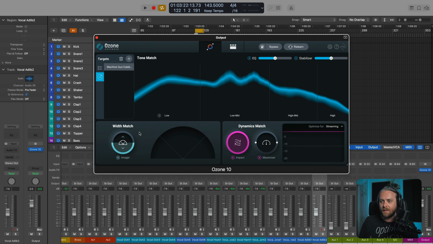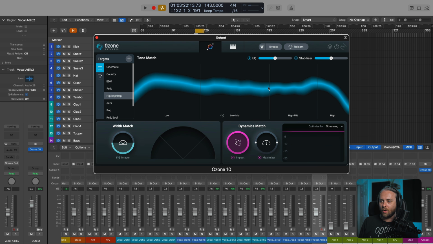And here is the tonal balance spread that it's come up with for this custom curve. And you can see that it's copied the data here, Machine Gun by Caleb. It's right there, and we can use this as our reference now. I'm actually going to hit the trash can icon to get rid of this guy and go back to the targets. But now you know what's going on with these targets, what they mean, and how it all kind of works. I'll settle back on the hip hop rap target right here.